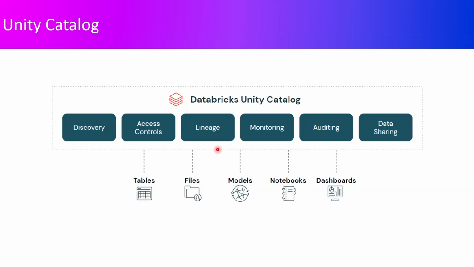It also keeps track of the metadata, such as schemas, owners, and data lineage. Data lineage is particularly important. It shows you where the data came from, how it is transformed, and who used it. This makes compliance, auditing, and debugging much easier. It also unifies governance across clouds and workspaces. Instead of managing access separately in AWS, Azure, or GCP, Unity Catalog becomes your single source of truth for permissions